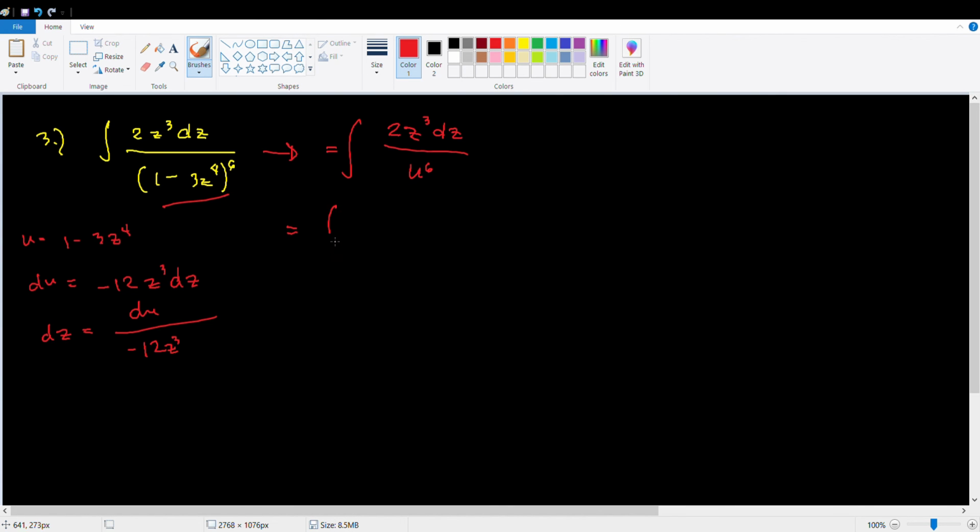It's just equal to 2z raised to 3 over u raised to 6 times du over negative 12z raised to 3, and this is equal to negative 1/6 integration of du over u raised to 6, and this is just equal to negative 1/6 integration of u raised to negative 6 du,